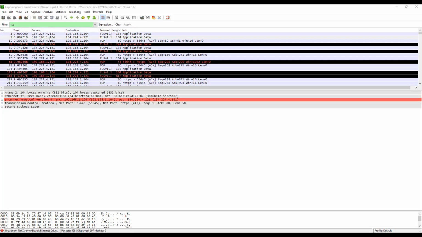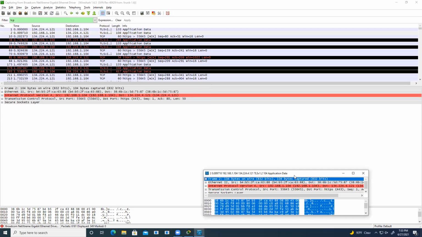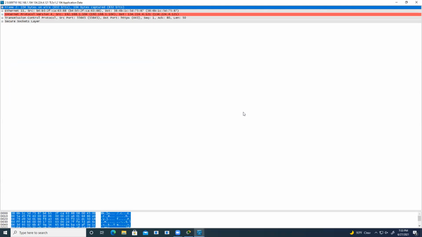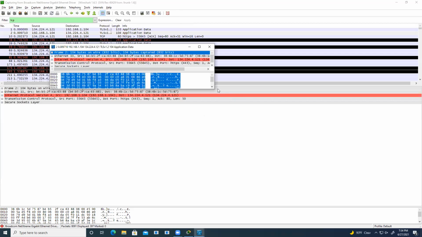When you double click, you will get another page, which is this page. You can see on the top. Let me minimize this a bit.